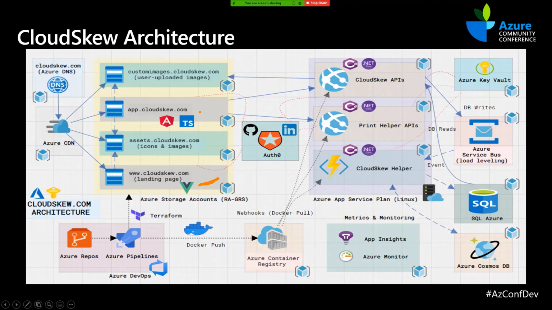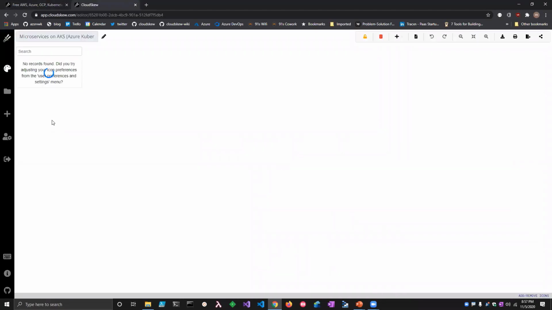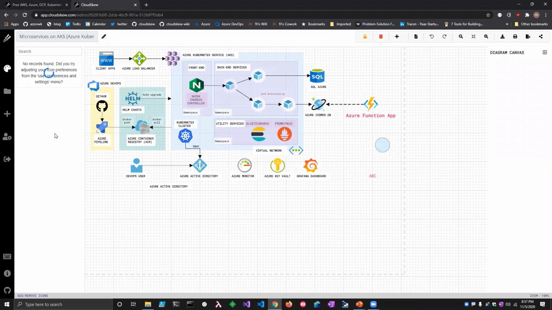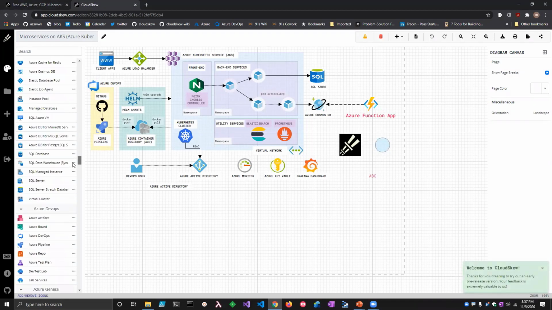Then the main diagram editor itself is an Angular app. It uses Angular and TypeScript along with reactive extensions for stream processing. This app is basically our diagramming editor here. All these icons and images are served out of a CDN.